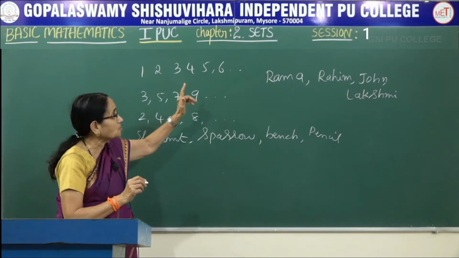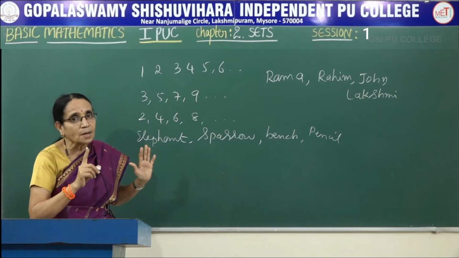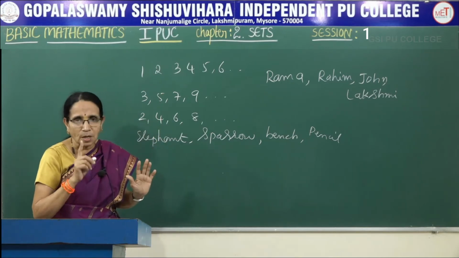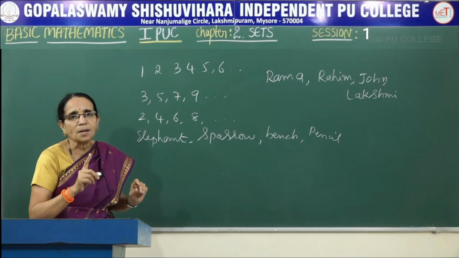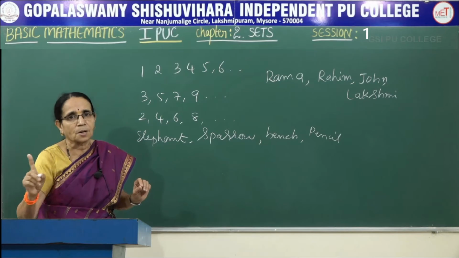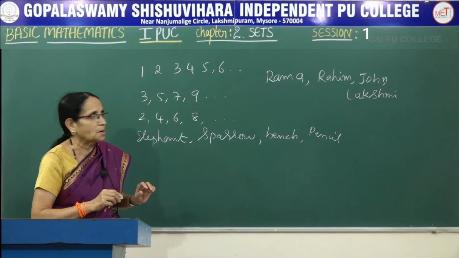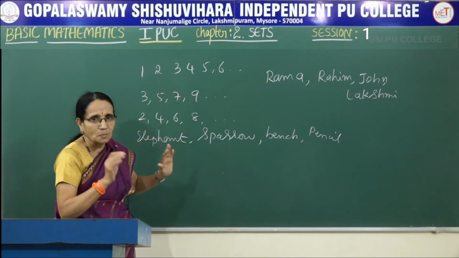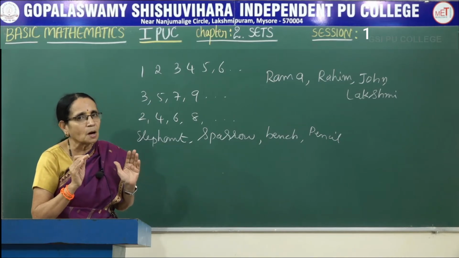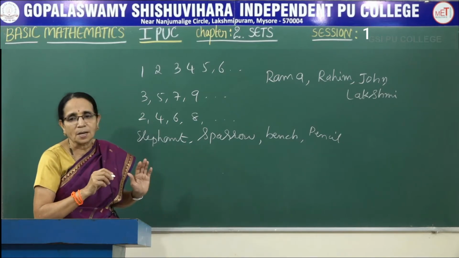See, this particular topic, it is important. You have to understand every concept clearly. Now, the definition: if they ask you to define a set, if it is asked as a 1 mark question, you have to write like this: a set is a collection of well-defined objects. That is the sentence you have to use. So, the word well-defined is very important here. Well-defined means all of them should have a common property, or all of them should be of the same type. Whereas this fourth one, though it is a collection, I don't call it a set.